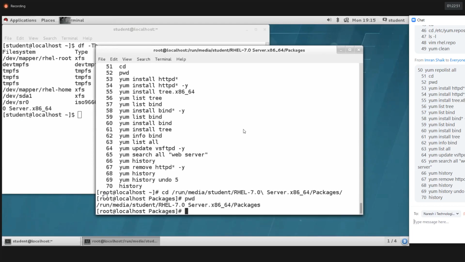Guys, the packages is not a file, it's a directory. Please find this packages directory in your DVD image file. Again, why do I need to put the packages directory in Google Drive? Already you will have the ISO image. Now inside the ISO image, you will have the packages directory.